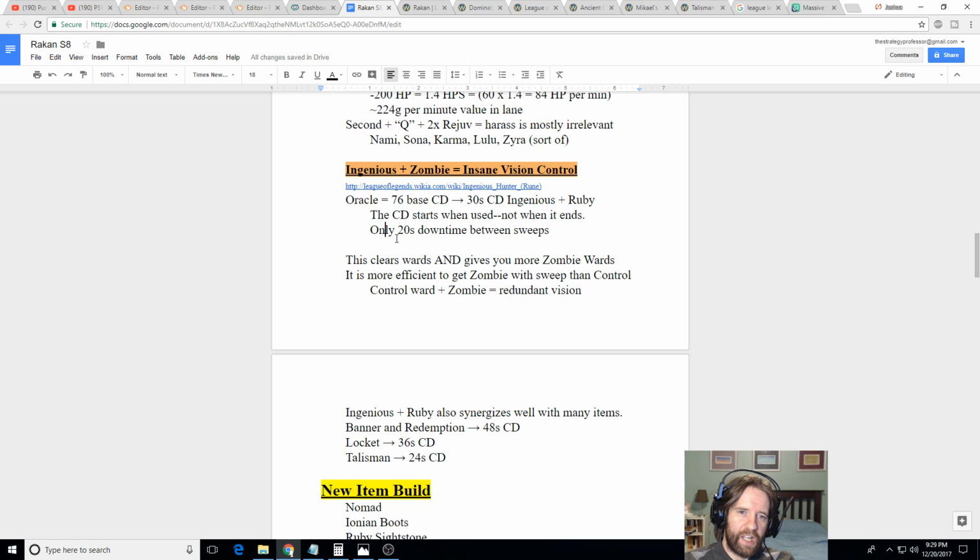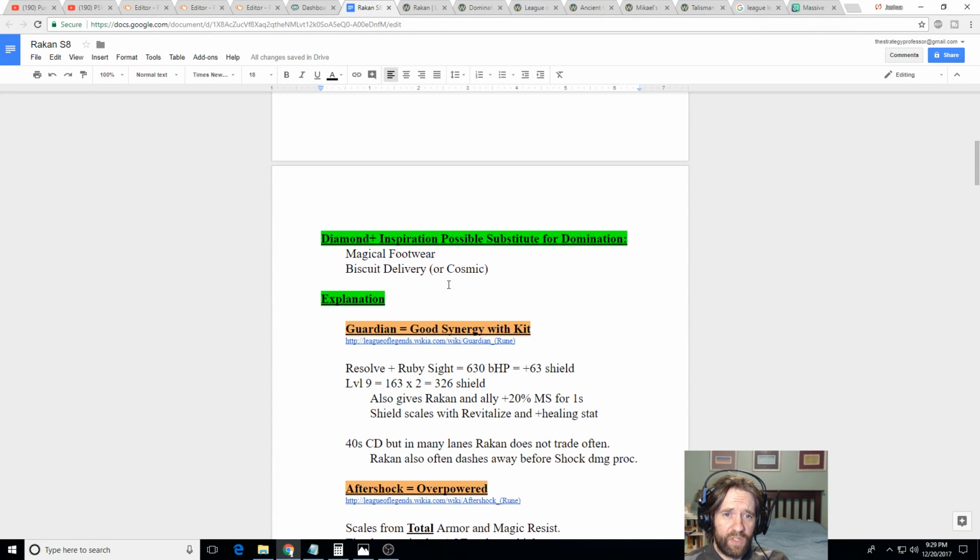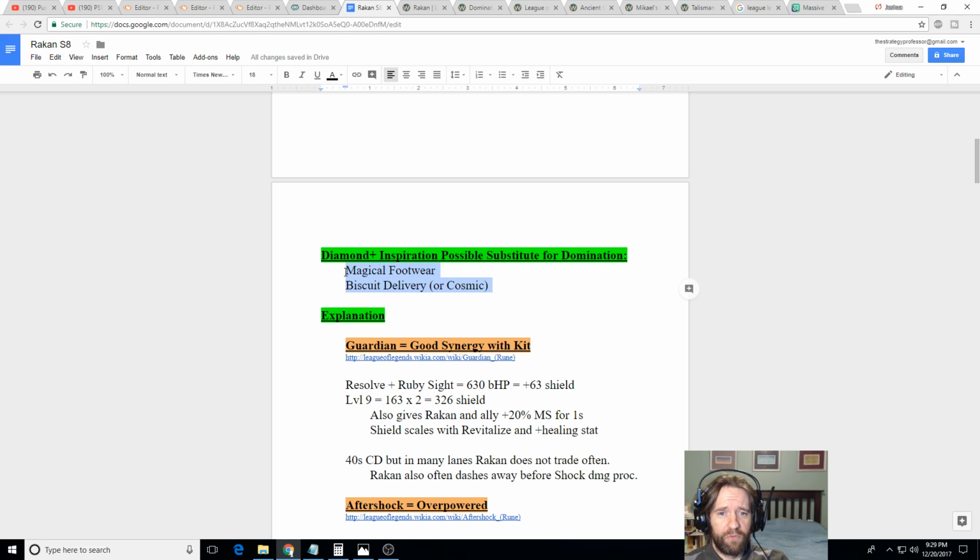So in high level play where there's already a lot of warding and where you're probably going to still rush something like Ardent Censer, it's possible you could skip this and go for something like Biscuits, which could help get you through a really tough lane, and Magical Footwear. These are the only things I could see getting. I guess you could go Cosmic for the 5% cooldown reduction if you want instead of Biscuits, but this is really the only other option for Rakan, I think,